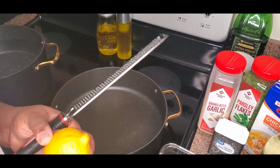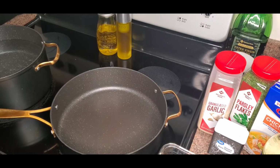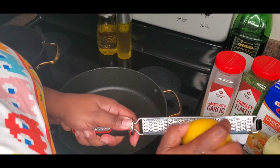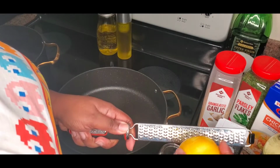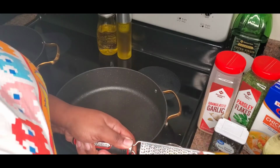Alright, so let's get into it. We're back in the kitchen once again. You know how we do. Today we are making some chicken piccata, one of my favorites. I do have a little helper here in the kitchen with me, interested in helping me